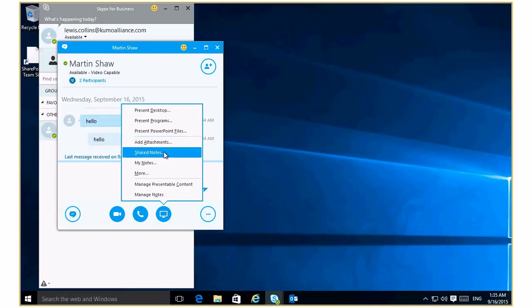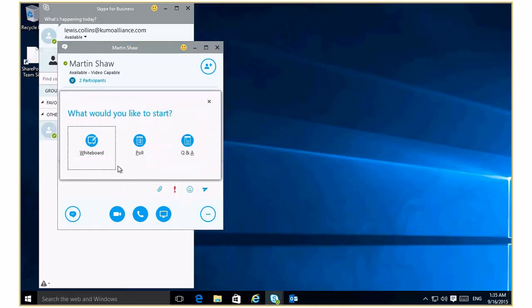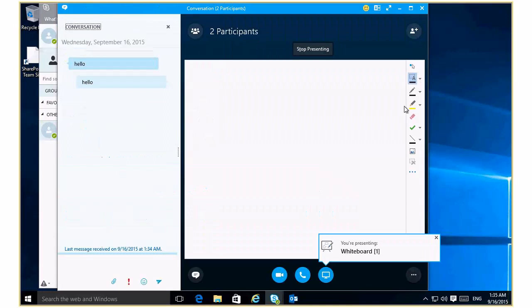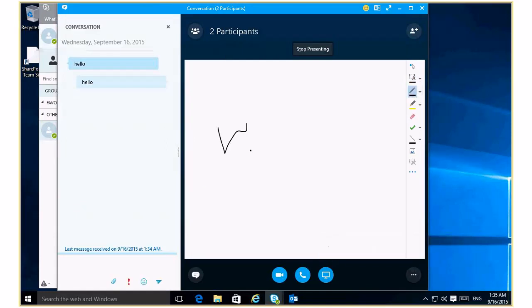You can see that I can add attachments. I can also share individual notes. And if I go into more here, you'll see that I can now initiate a whiteboard, and that would then kick off a whiteboard in which I could go in and start scribbling and doing all that sort of stuff. And then hopefully over on my other